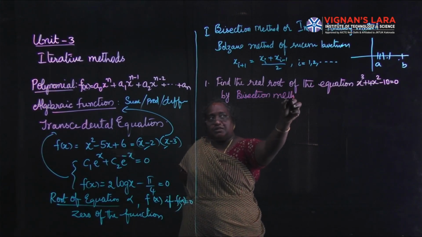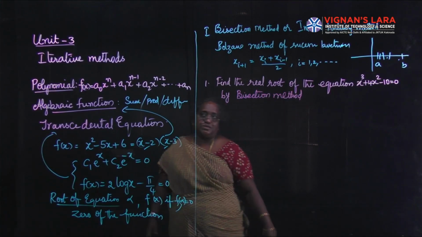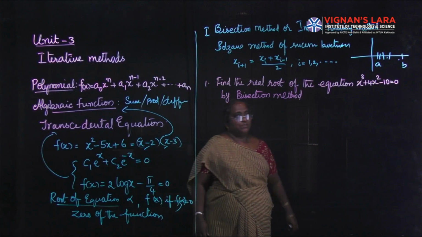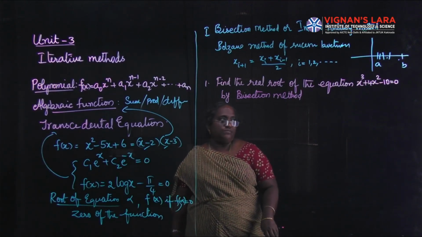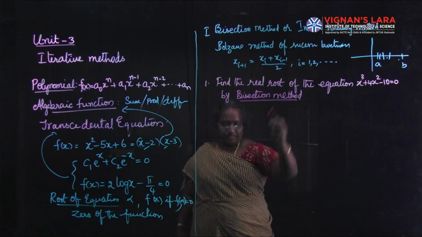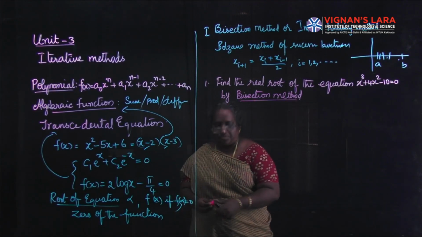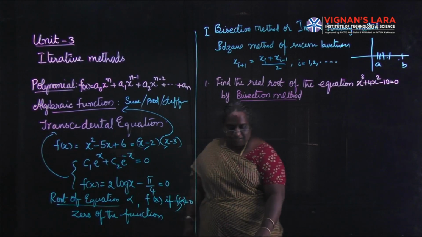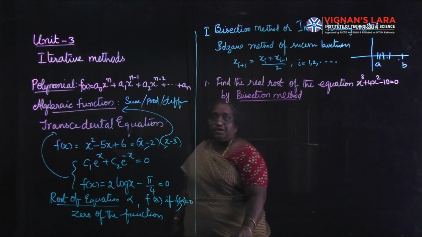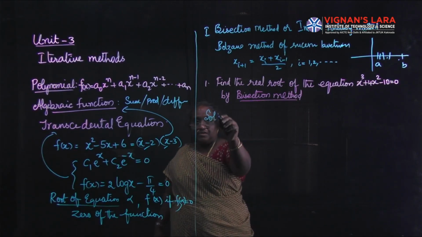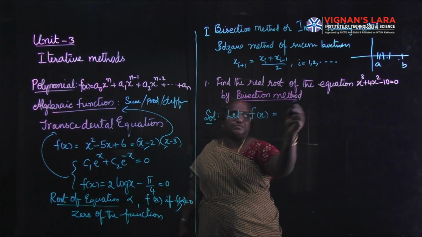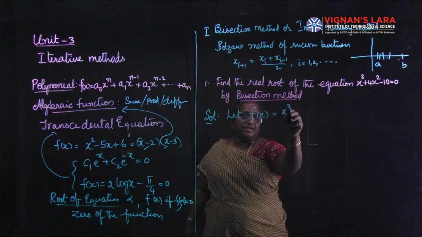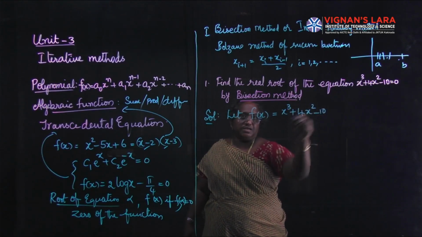Altogether we have the bisection method, regula falsi method, secant method, iteration method and Newton-Raphson method. Of those, the first one is the bisection method. They will mention the method which you have to apply. So what is the working rule? Initially, whatever is given for which we have to find the root, we take it as f of x, that is, x cube plus 4x square minus 10.